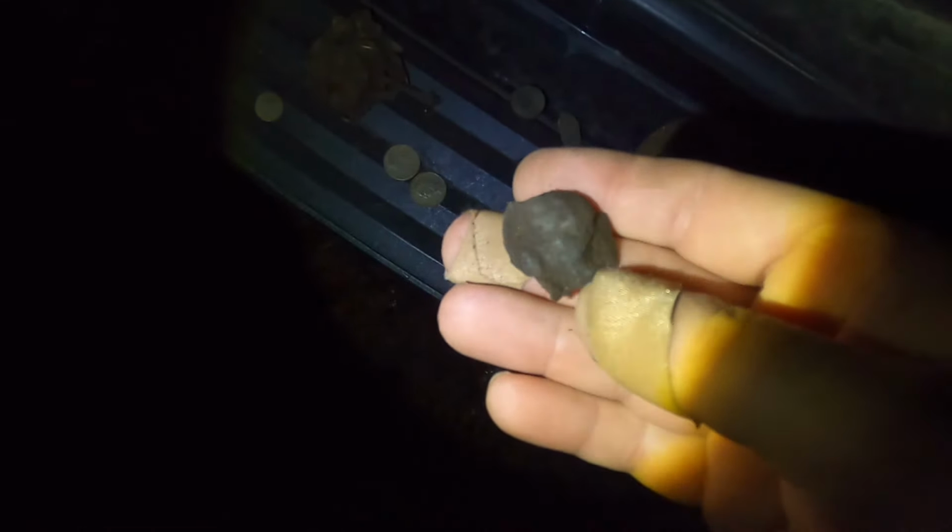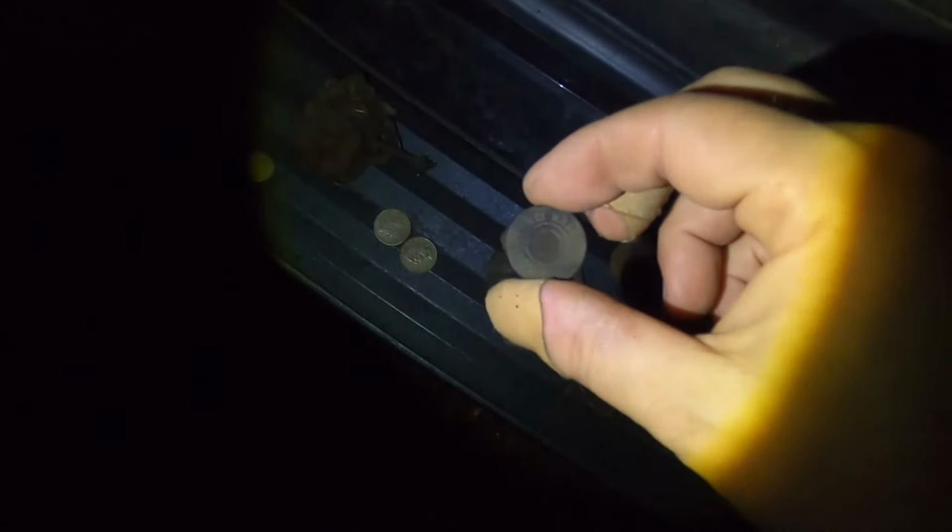So that almost looked like a skull to me. I haven't had Jeff take a look at it yet. Could be just melted metal, but man, that looked like a skull when it came out of the ground. Came up pretty good too. Got a shotgun head stamp. Got 2 quarters, 196, 198. Got a 1950D